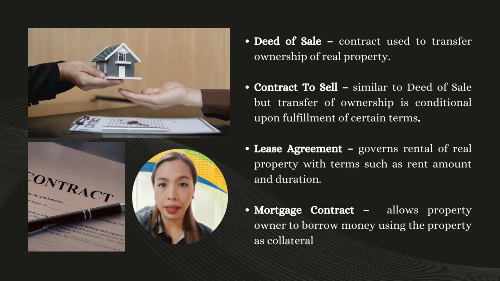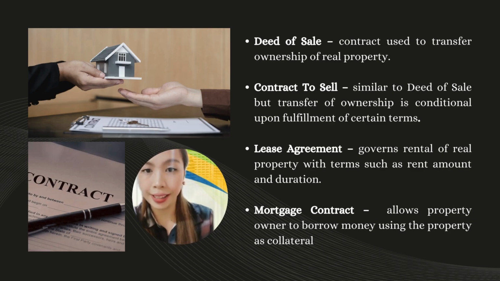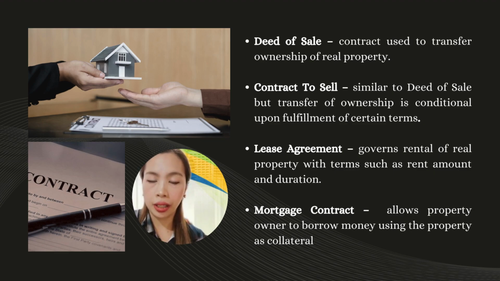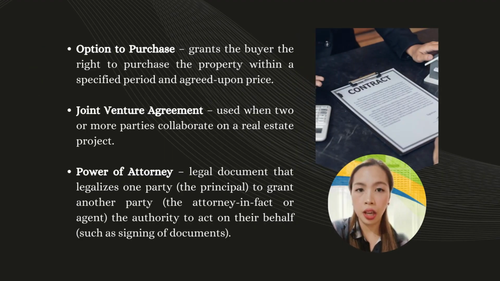Lease agreement governs rental of real property for a specified period, detailing terms such as rent amount, duration, and the responsibilities of both the landlord and the tenant. Mortgage contract allows a property owner to borrow money using the property as collateral, with terms specifying the payment terms and conditions. Option to purchase grants the buyer the right to purchase the property within a specified period at an